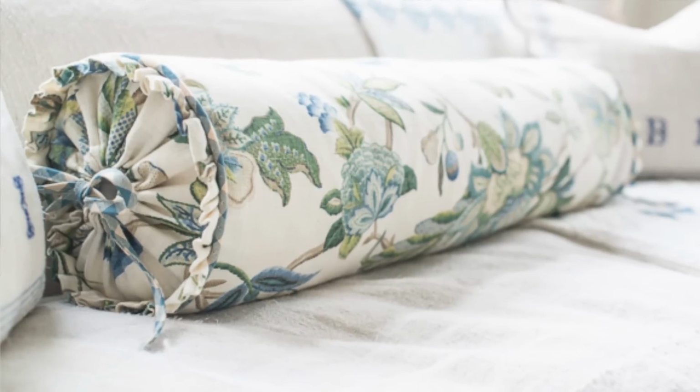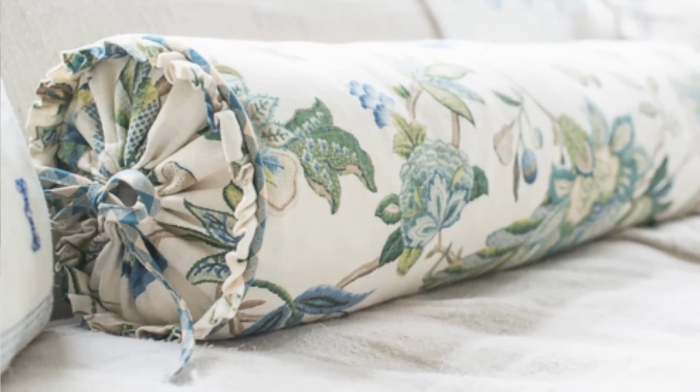Yeah, so I was just asking Marian questions about picking fabrics when it comes to your home, because we've been working in her house the past couple weeks. And she's been doing throw pillows and new fabrics. And when she would bring out her fabrics and say, all right, I want to do a pillow, and this will be the piping, and this will be the pattern for the pillow,